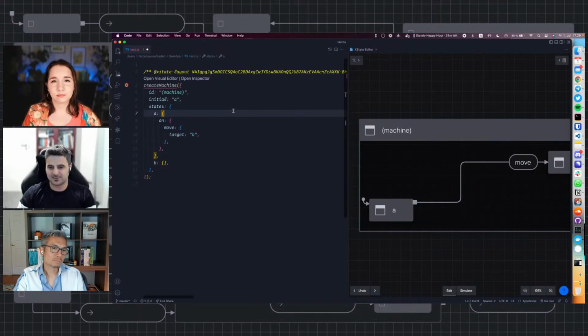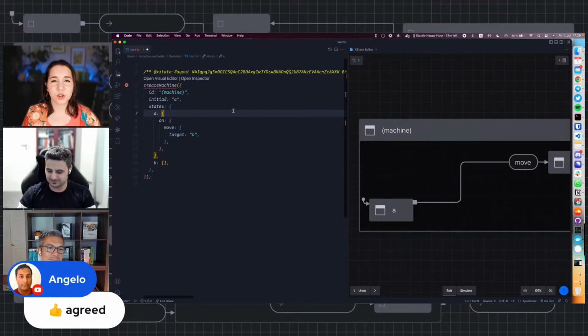Yes, for now, for the set of features that we have in the roadmap right now, it makes sense that fit to content should be the default because it's a little harmless. But later on, when we introduce things like custom views for the editor, maybe focus modes and stuff like that, maybe you want to start off your layout from a particular state node or something like that. And then at that time, fit to content is no longer harmless. But we have a long way to achieve that. So good. Angela agrees.